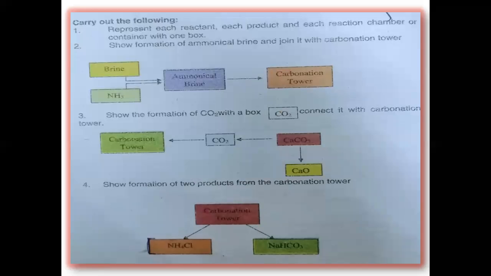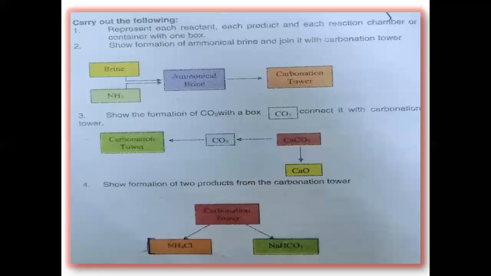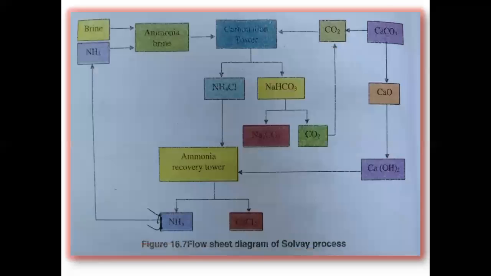Then, as I told you, write all the steps one by one, and then we will combine them. You can see we have different steps of the Solvay process, and then we will combine the steps so we get the complete flow sheet diagram. Brine and ammonia will mix in the ammoniacal brine tower and will form ammoniacal brine, and then they are passed through